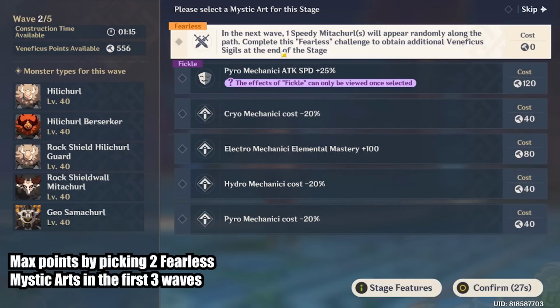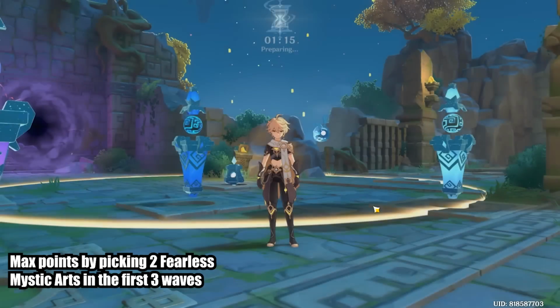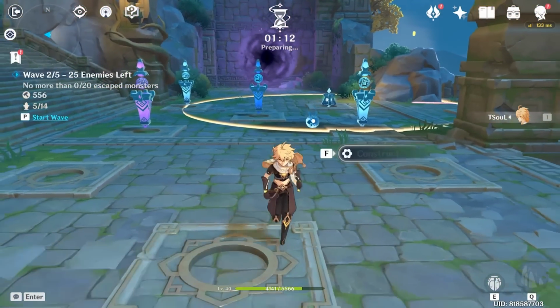To get the most points, you want to get 2 Fearless Mystic Arts at the end of the first 3 waves. I was lucky to get a Fearless choice, so I picked that one. You can always just choose buffs instead to make it a little easier if you're not going for a top